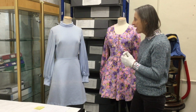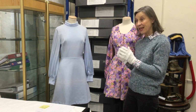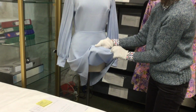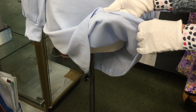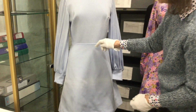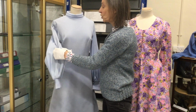But for the making up of them, they were very easy to make up. They stitched together very well. You didn't need to finish off the edges because they didn't fray. If you look at the hem here, it's just sewn up. There's no finishing off there. Just easily finished. So very easy to make. And this has been styled very nicely with some top stitching here, a rolled collar, and these rather interesting sleeves,